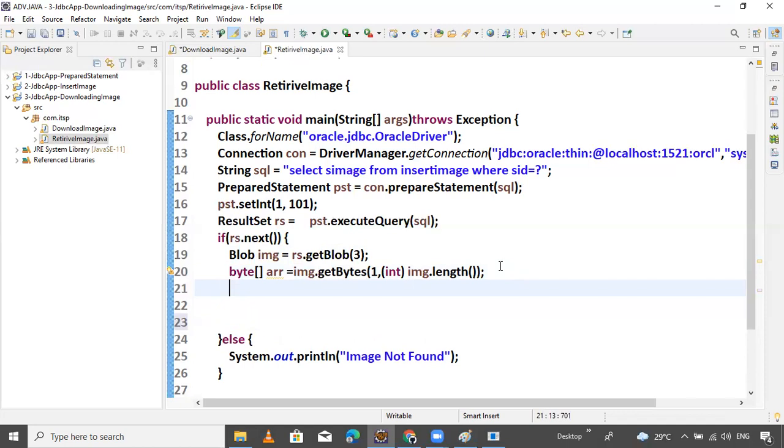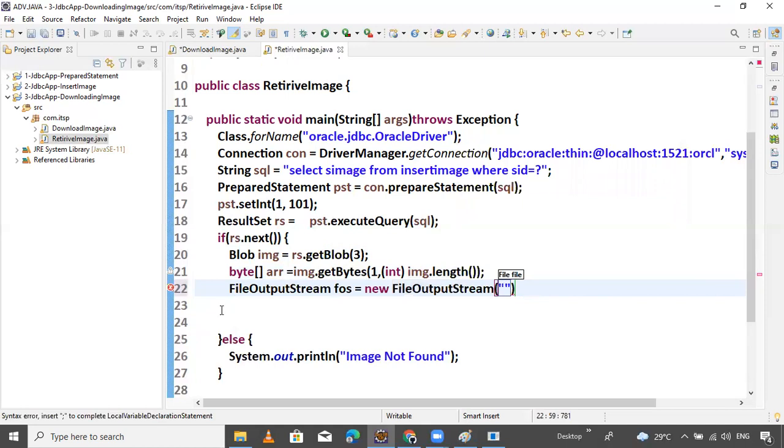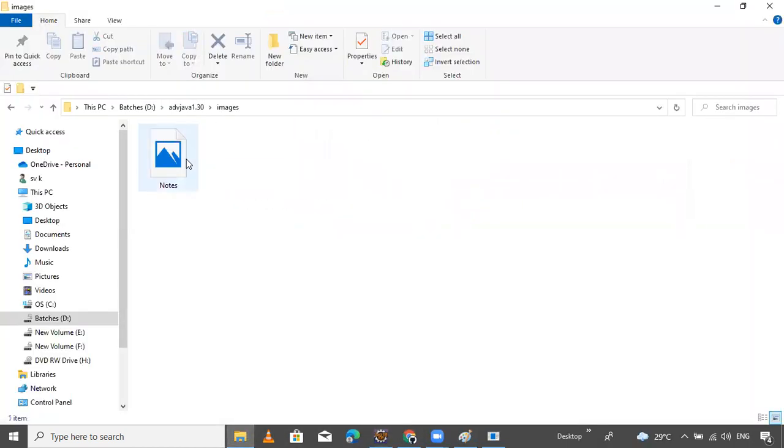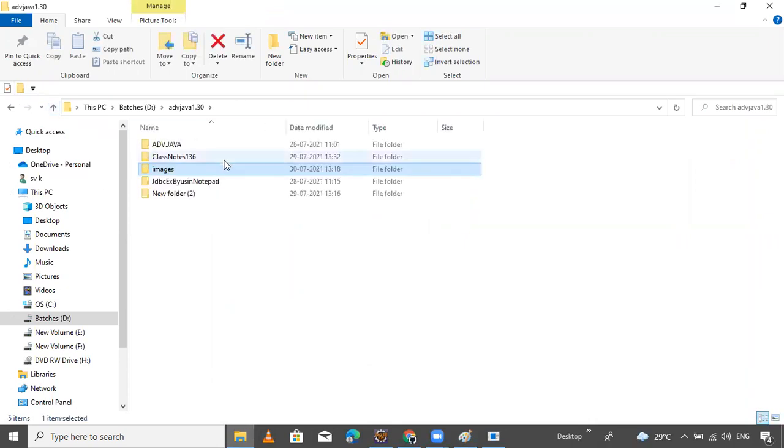Next, open one file simply using this statement: FileOutputStream fos equals new FileOutputStream. Pass the file path here. I want to delete the file here. Okay, delete it, simple.